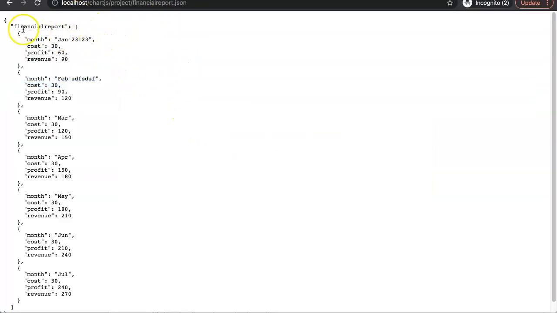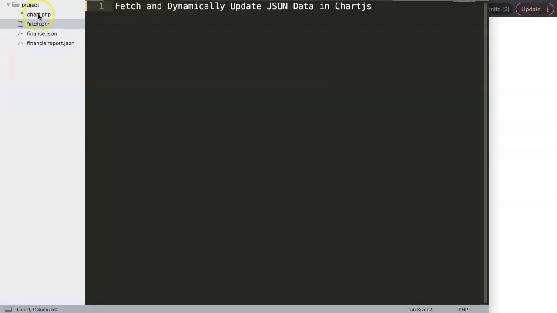If you can see here, we have this JSON file, and you can see all these weird labels that are matching here. So let's start to explore how we can connect this and implement this in Chart.js. In this video, we're going to focus on how to fetch and dynamically update JSON data in Chart.js. And this is quite useful because with this you can do a lot more with Chart.js and far more with